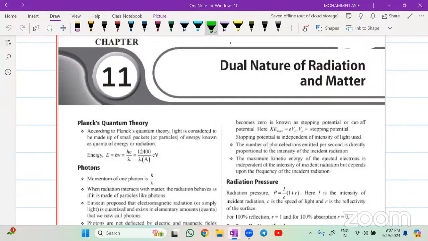Good evening, beta. Today we'll try to revise modern physics and do the gunshot models again, 20 or 25 questions. Let us first revise the dual nature of matter and atoms, then nuclear